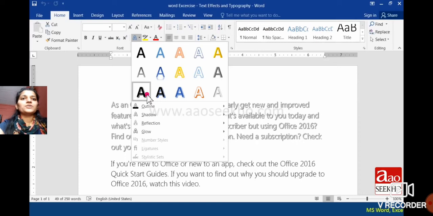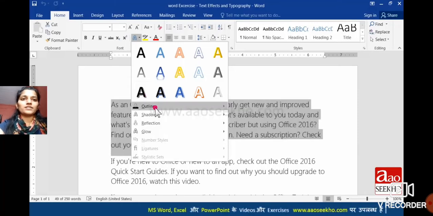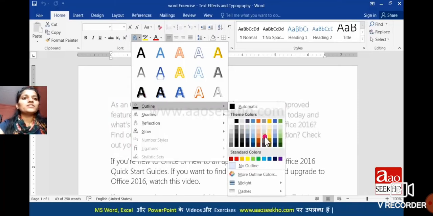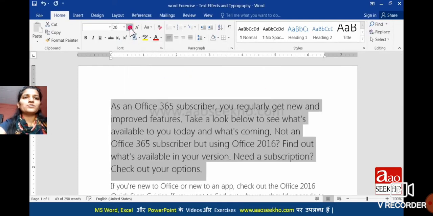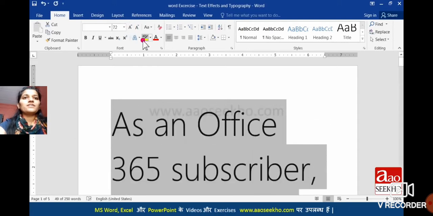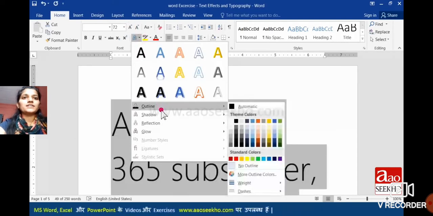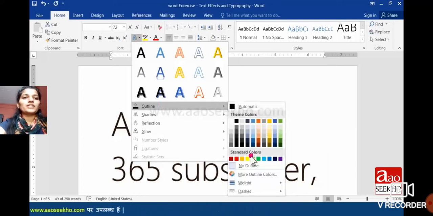If you click on black color, your paragraph will be in black color. Here you can choose more colors, like if you select pink color, then you get that color. If you click on this A option, you can get a bigger size. So different font effects you can also see here.